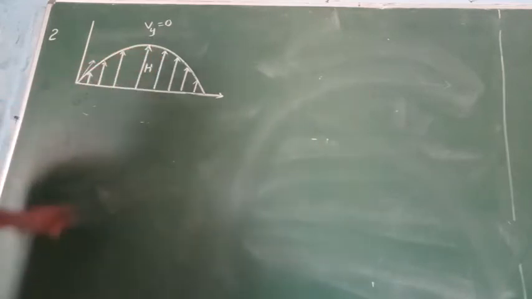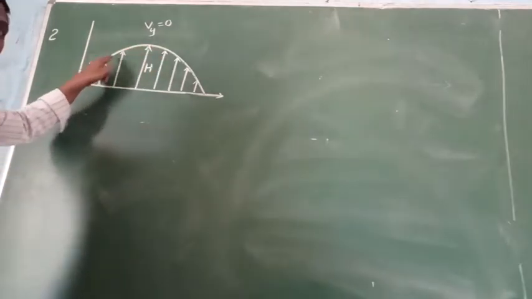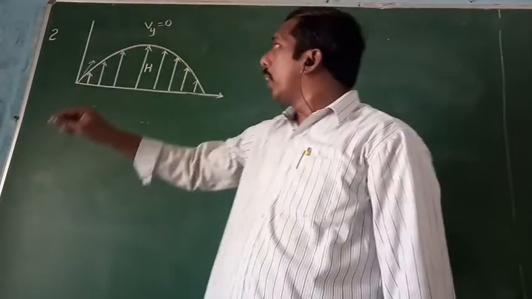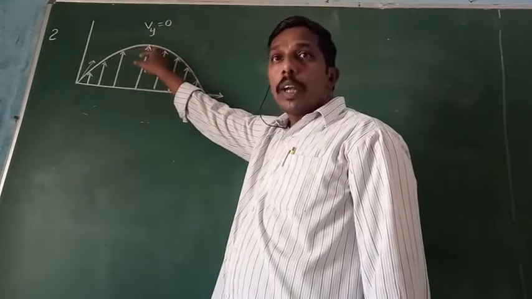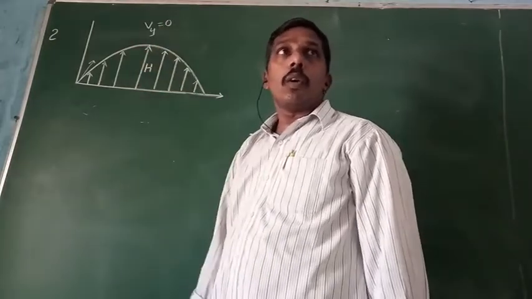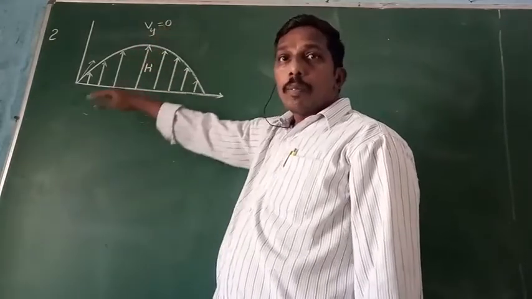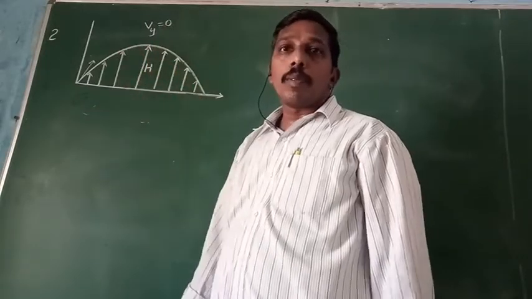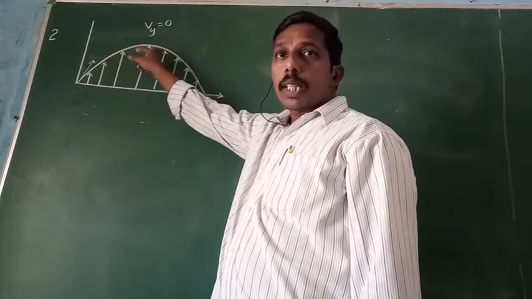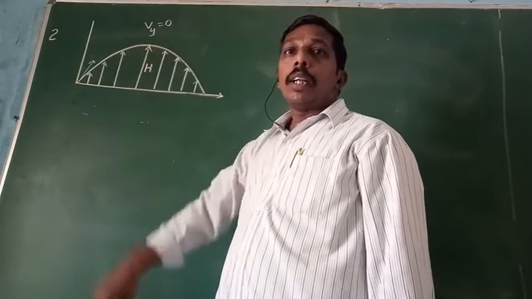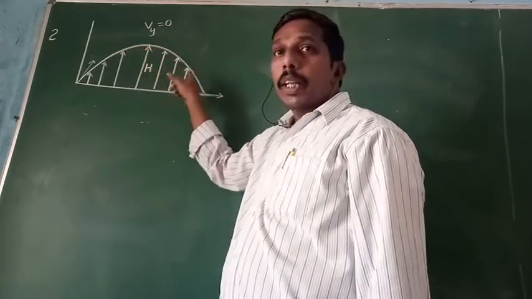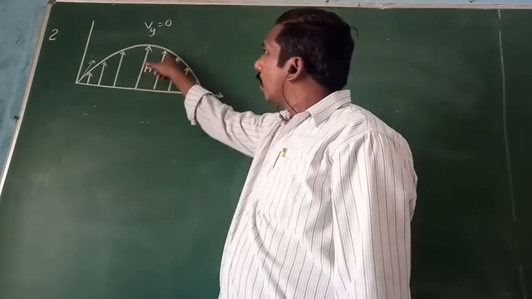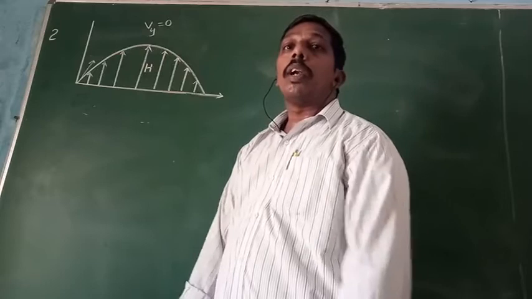Why is it coming down? In the upward journey, the vertical component of velocity gradually decreases, and after reaching this point, its component is equal to zero. The height from the plane at that point is said to be the maximum height. After reaching maximum height, it comes down in the vertically downward direction while simultaneously traveling in the horizontal direction. So after that, it has two components of velocity.